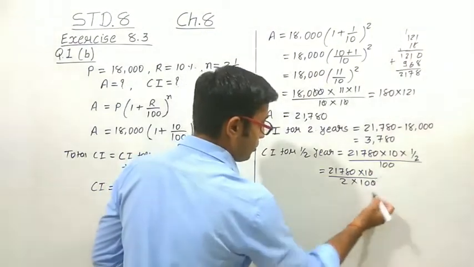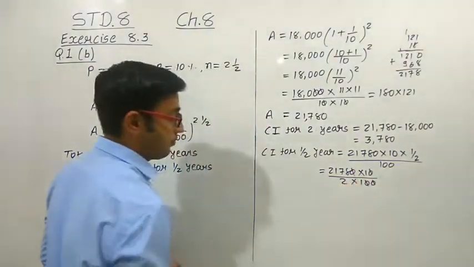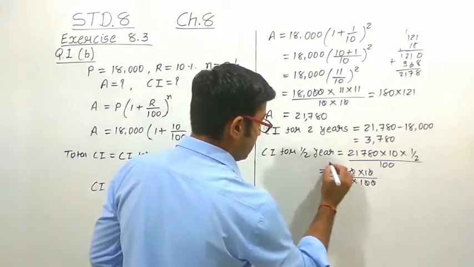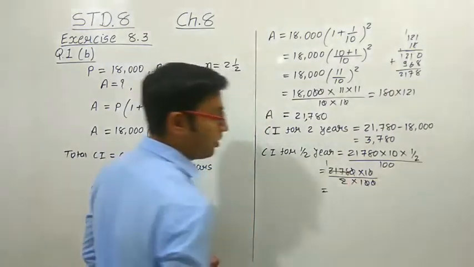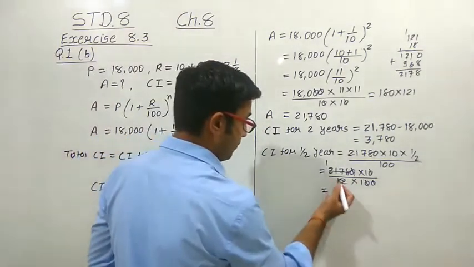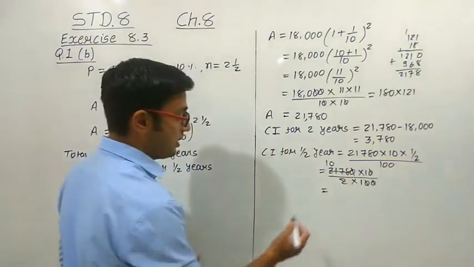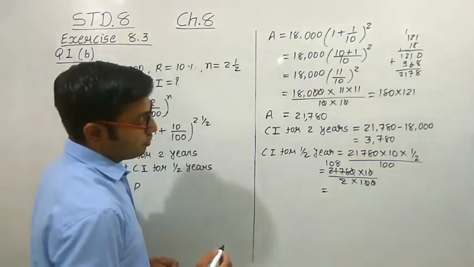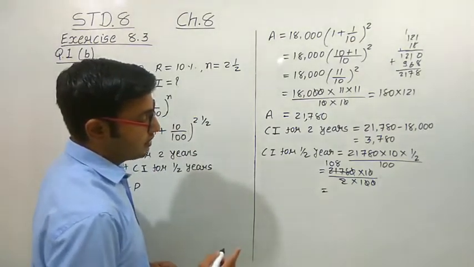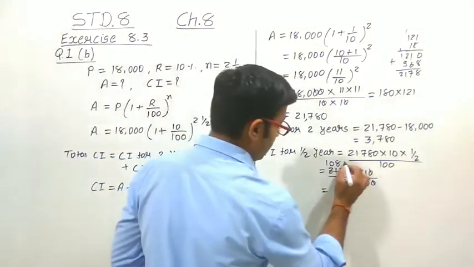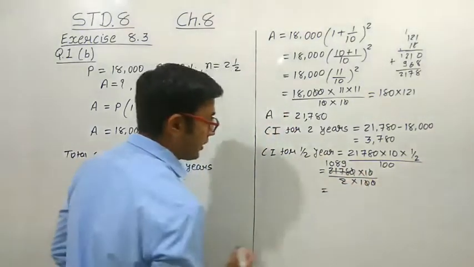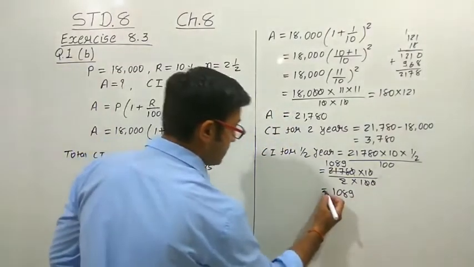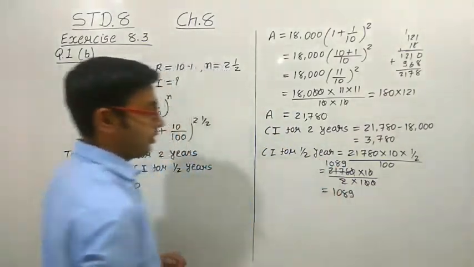So see, this 0 and this 0 will cut each other. Now let us divide it with the 2. So we are getting 2 ones are 2, then 1 is there because we cannot cut with the 0. Let's take 0. Now 17 is there. 2 8s are 16. 1 is there, 18. So 2 9s are 18. 1089. 1089 rupees. This we get. What is this? This is the compound interest for the half year.